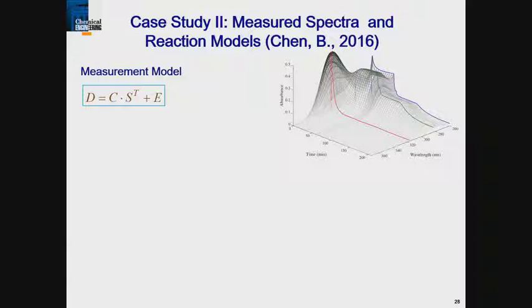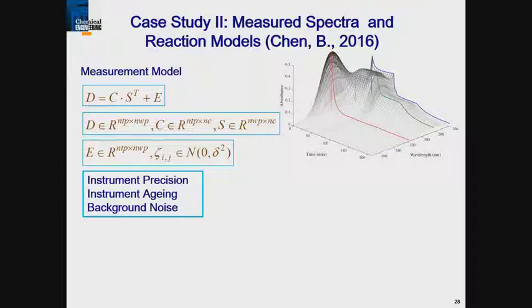And then what you do is you look at the temporal profile. Okay, and that gives you a matrix D, which basically contains all those data with respect to time in the rows and wavelength on the columns. Okay, now our job is to deconvolute those data into a concentration matrix, concentration profiles over time, and an absorbance matrix, basically that tells you how each species independently absorbs in the spectrum. Okay, and then of course there's some error.